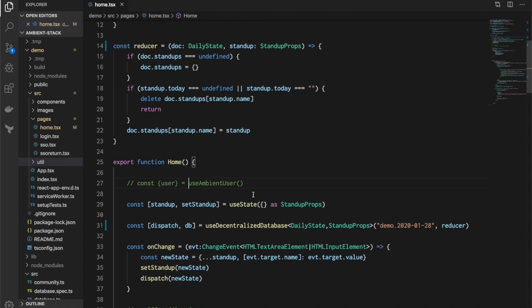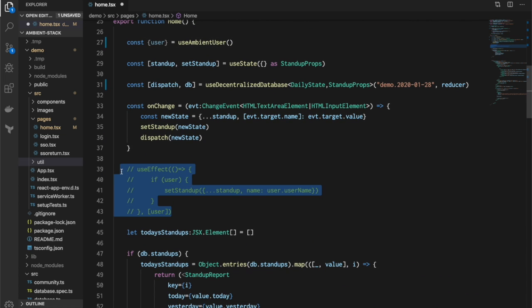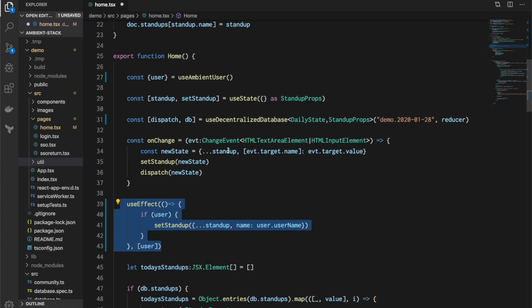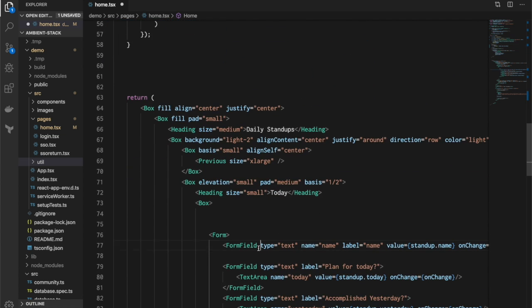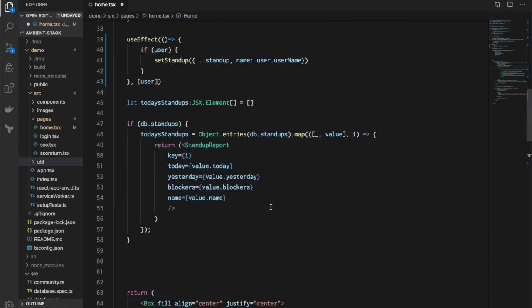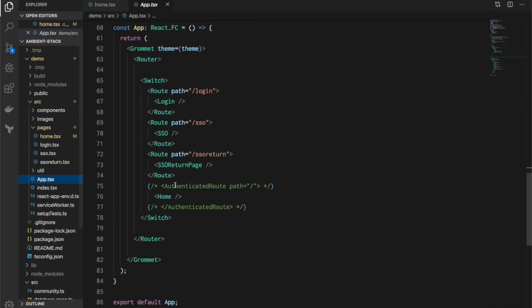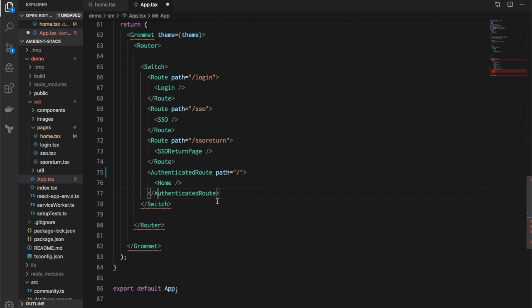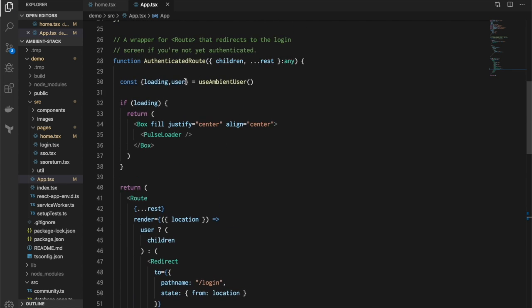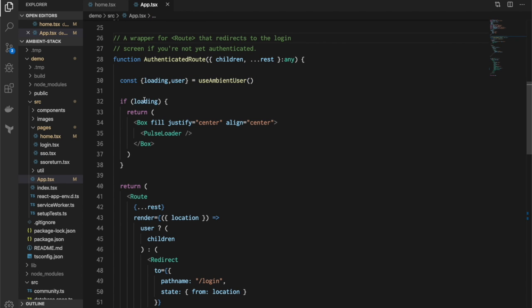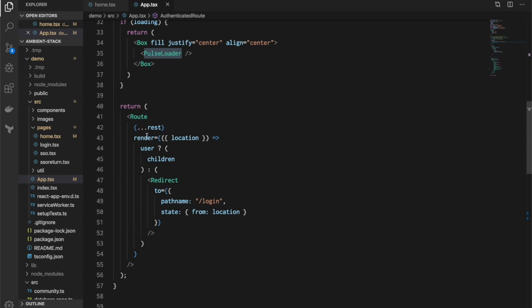So now let's add users. Super simple. We just turn on use ambient user. Down here, we're actually just going to set the user based on that username. We no longer need the form field to ask the user to type their name, so we'll comment that out. We'll save this. Now the next thing we're going to do is come over here in app, and we're not going to let the user show up on that page without being logged in. So authenticated route is really simple. It just says use the ambient user. If we're loading the user, show a loader. Otherwise, render the page or redirect to login. So if we go back to these pages,